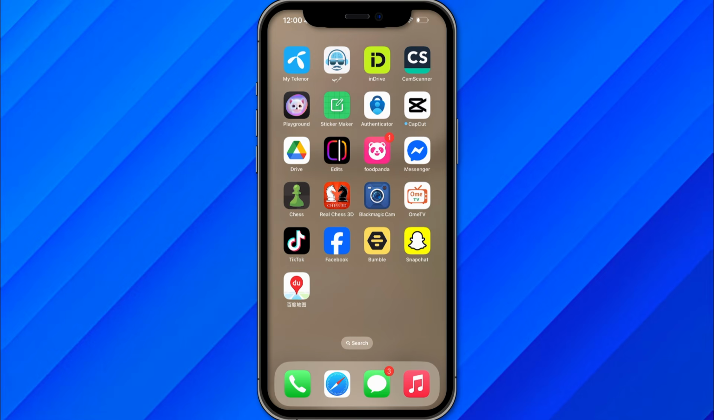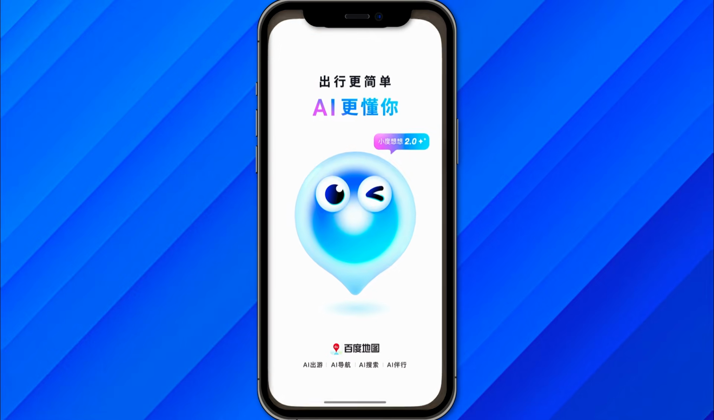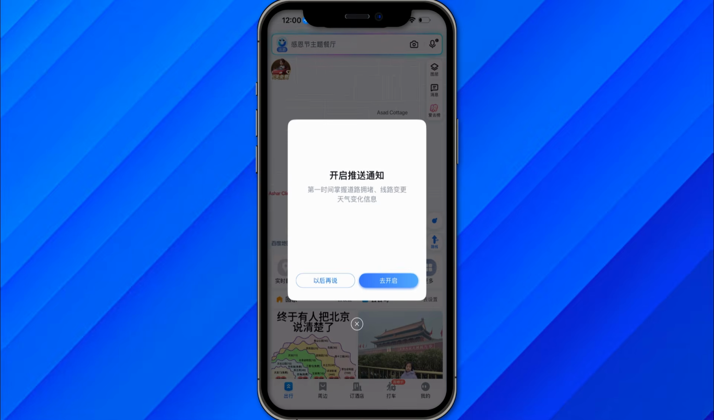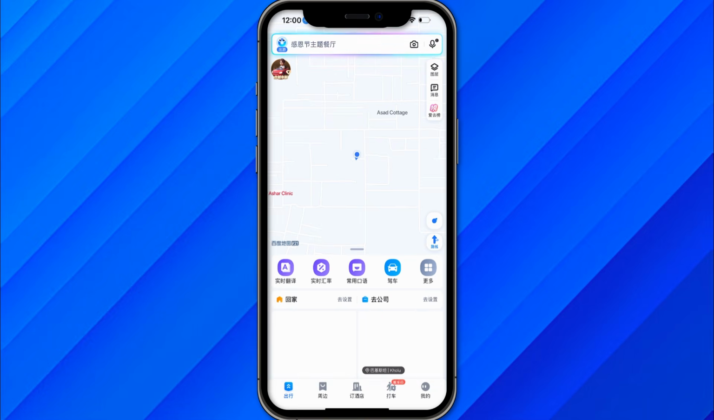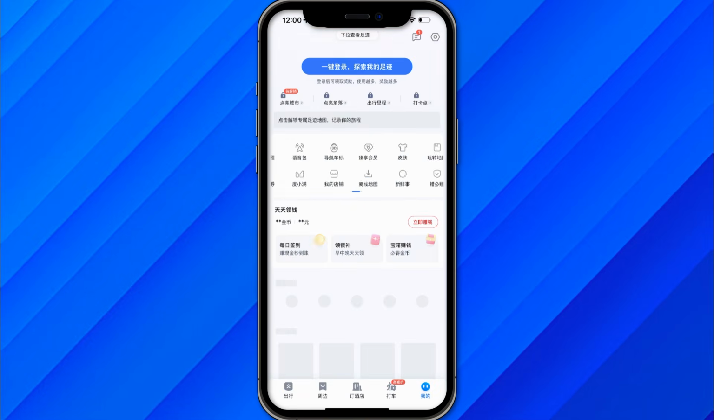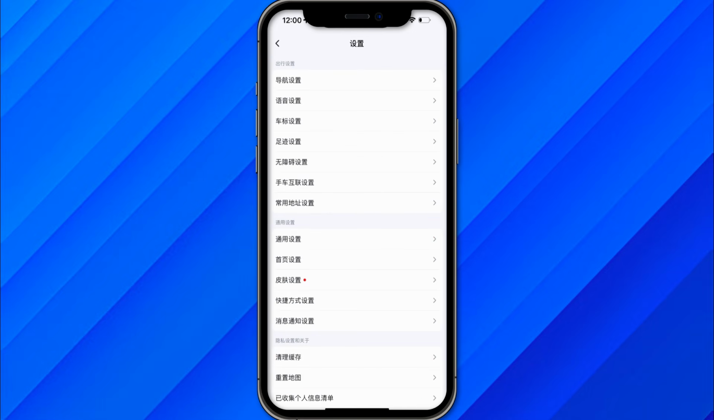Hi guys, in this video I'll show you how to change language inside the Baidu Map app. As you can see, I'm currently seeing this app inside the Chinese language. Now if you want to change the language of the application, there's no way inside the app that you can